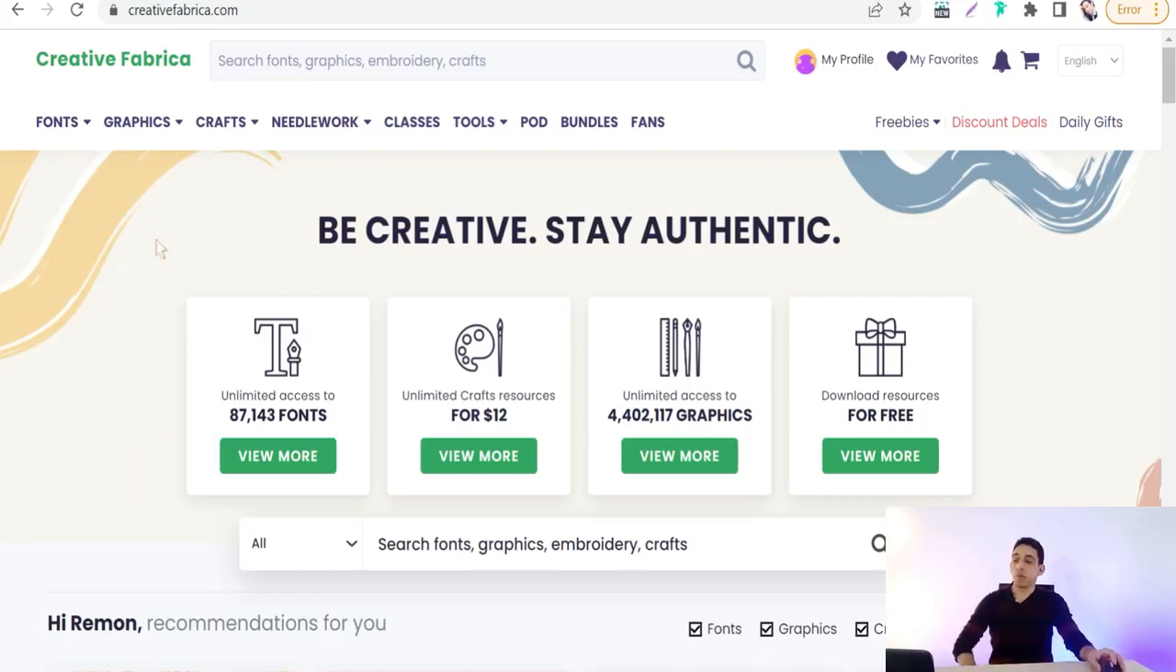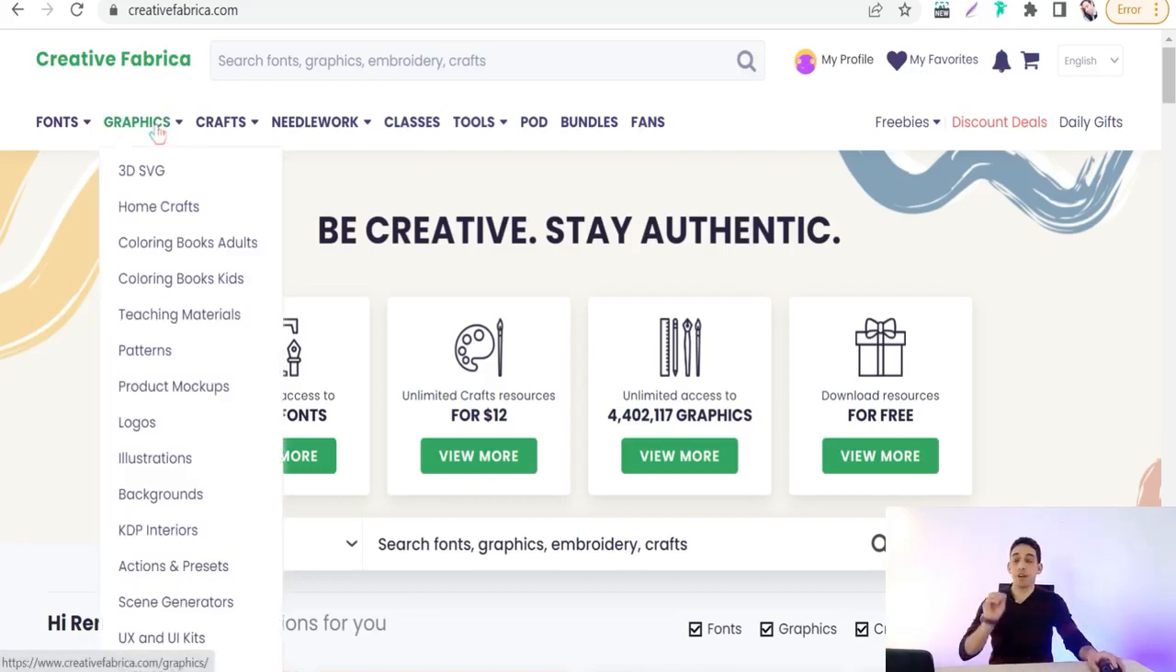Okay, and if we have a look at this amazing graphic category, you'll find here everything you want. So if you are working on print on demand, graphic design, or if you are searching for low content interiors for your KDP business, here you will find coloring books for adults, coloring books for kids, teaching materials, patterns, product mockups, logos, illustrations, backgrounds, KDP interiors, actions and presets, scene generators, and so on. So if we have a look at this category of KDP interiors, for example,